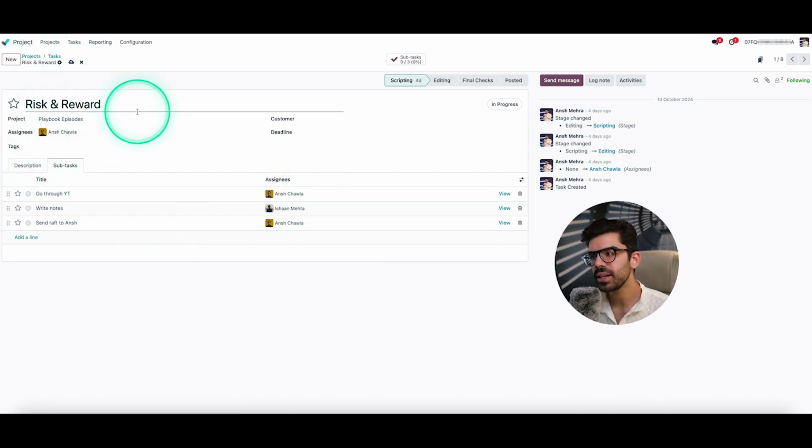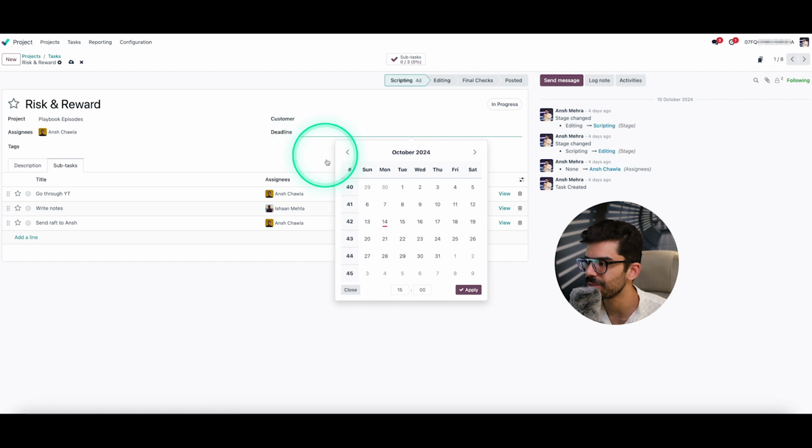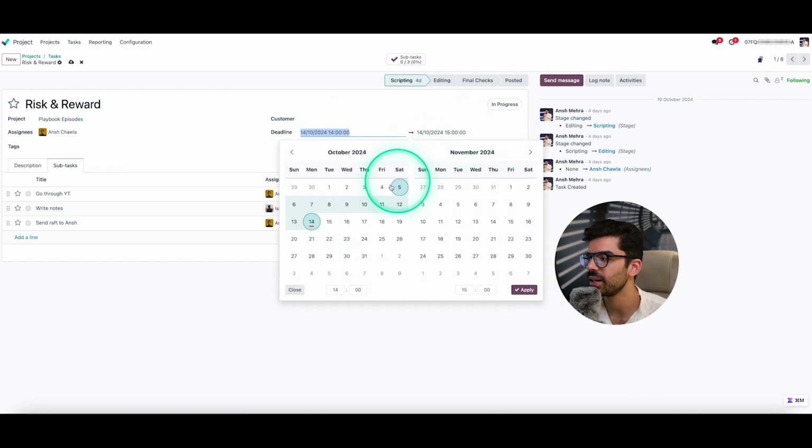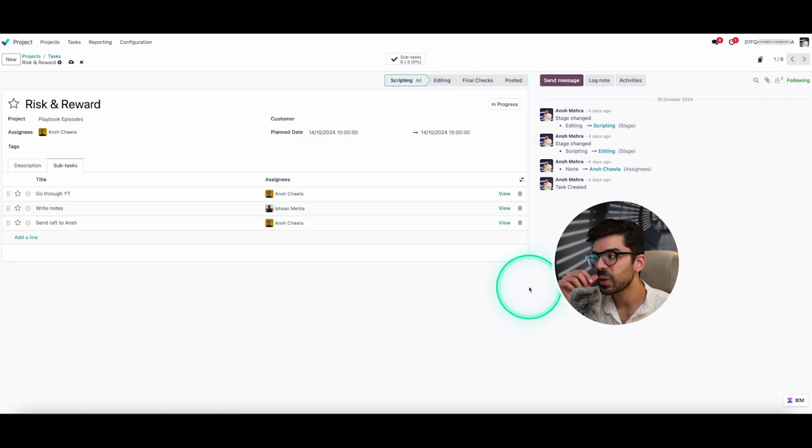So I think if you combine all of these things one by one, if you have your employee chart sorted, if you put specific deadlines, as I said, anytime you're giving a task to someone, you can also add a start date as well. So I can just take this thing and let's just say we start at 10 a.m., right? And we apply it. So you can also allocate specific tasks to all of these people.